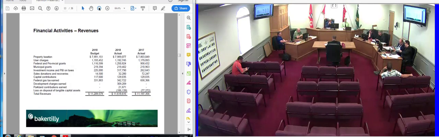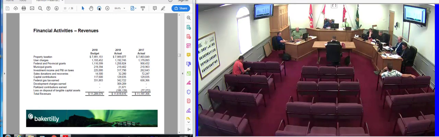Next we come to the actual revenues for the year shown in comparison to budget. Very, very close both on property taxation and user charges. And keep in mind when we say user charges, it includes your fees for water, your building permits, all your recreation fees, fees generated from the municipal animal shelter, being less than $1,000 off budget to actual. That's very good budgeting there. Same with your property taxation, provincial and federal grants, up from the prior year due to some